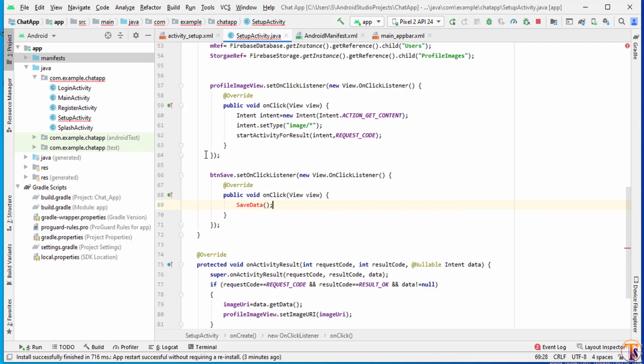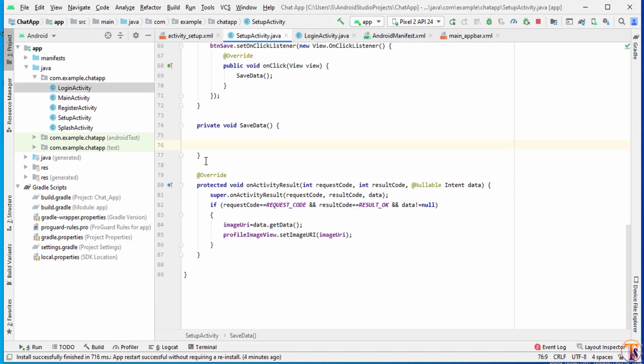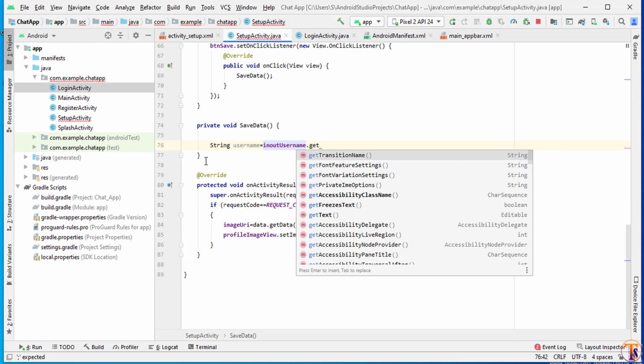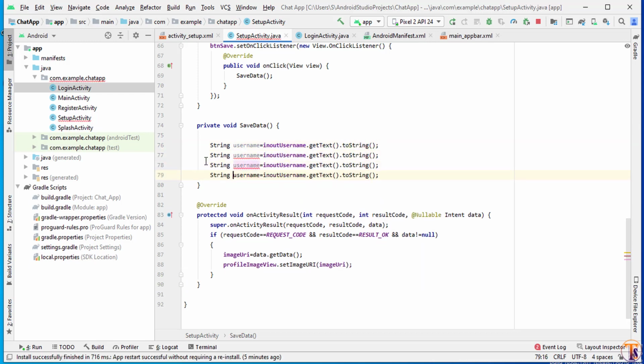So here press alt enter to create this method inside this our setup activity. So here we will get the data. So first of all we will create the username, input username dot get text dot toString. The second one is